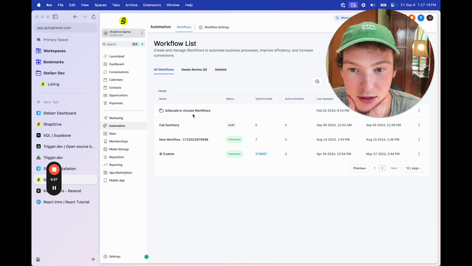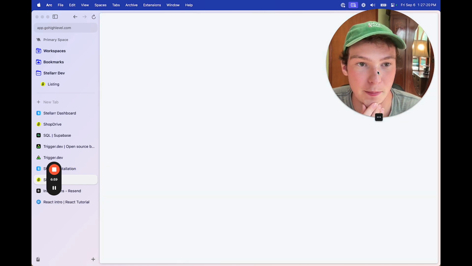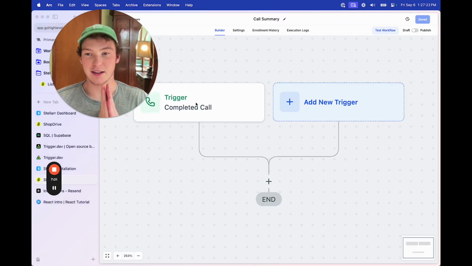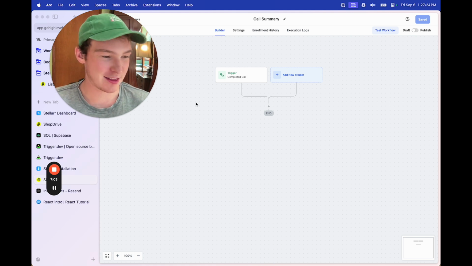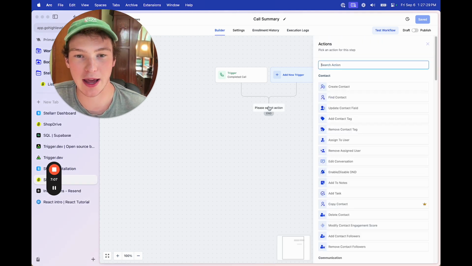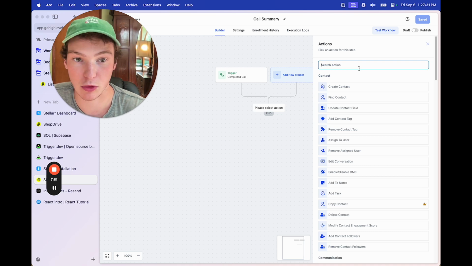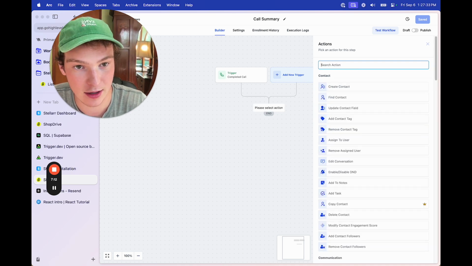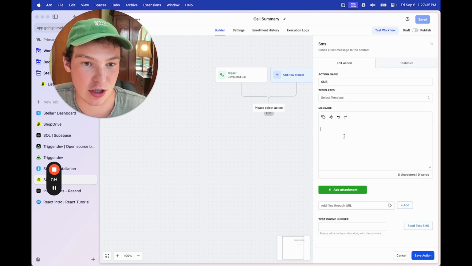So I had a little workflow I was working on here, and just so you know, I have not completed this. This is going to be a work in progress. You're going to be basically watching me build this workflow, but I think I know how it can work. So first off, I'm going to add a text message here because we have a trigger